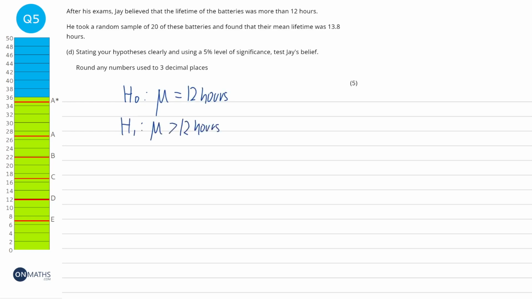Now this is obviously one-tailed, so for the 5% level of significance we're just looking for 0.05. So it's not going to be a two-tailed test, because we're looking for more than 12 hours, not different to 12 hours. Okay, so we're going to do the distribution. So we're going to have a look at the